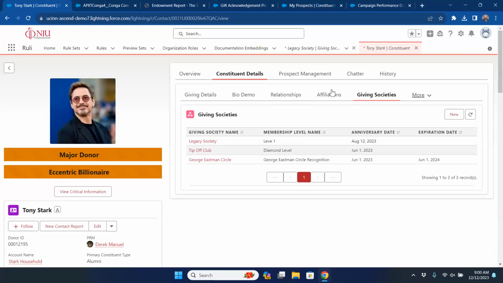So just to show, we also have this tab here for Giving Societies. This is a part of the record. And real quick, before I jump into the next, you all also have paid memberships as well, or just, no, okay, so no paid. So then we're looking at Giving Societies. So this is where I'd be able to see all the Giving Societies that Tony would be a part of. As you click into these,